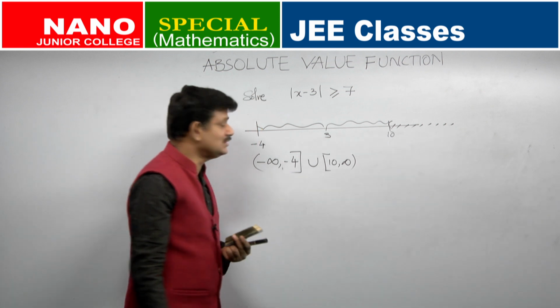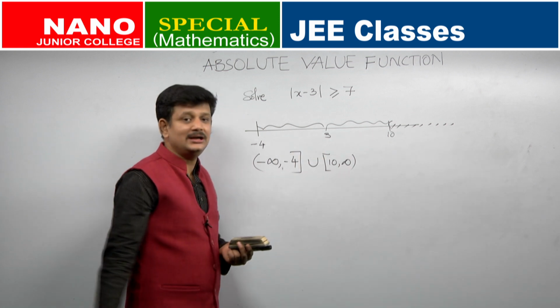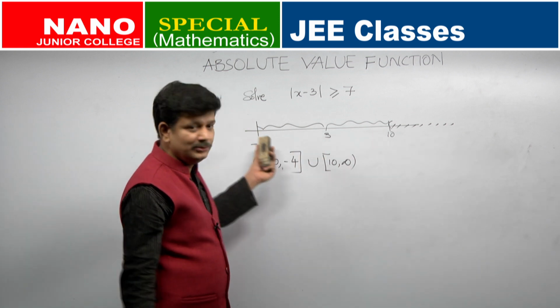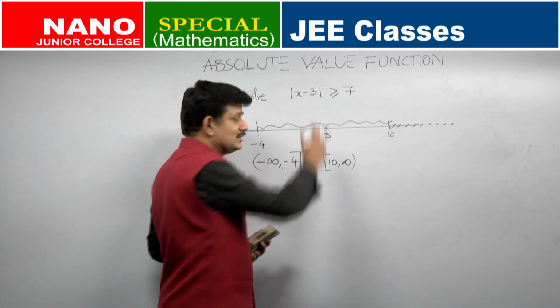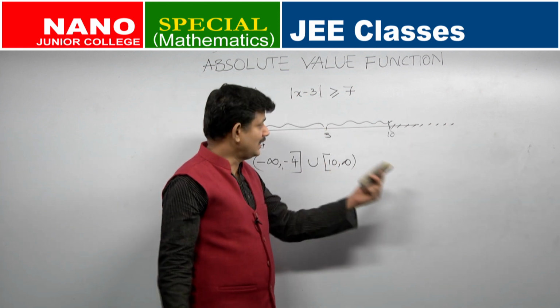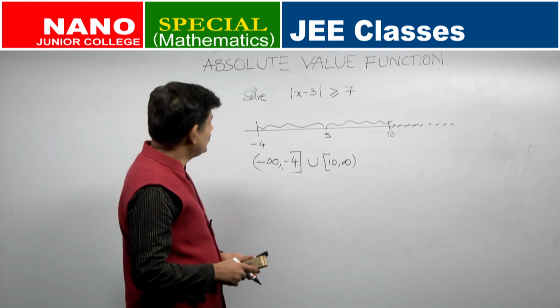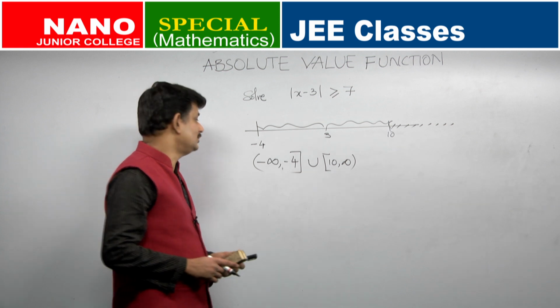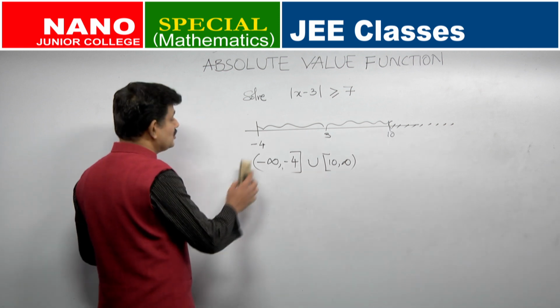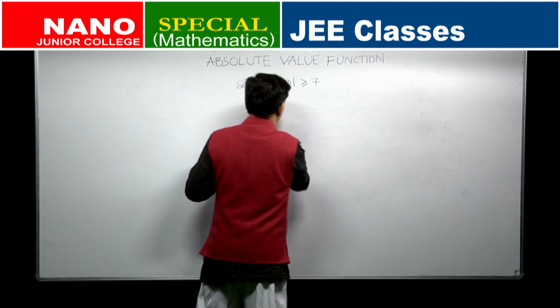How to do the same question analytically? Split the discussion into two cases, x greater than 3 and x less than 3. In the first case, mod x minus 3 is x minus 3, in the second it is 3 minus x. Right, solve the inequality, plot them on the number line and get the answer. Will you do it analytically also? Good, do it. And I will solve another question. This question I will do analytically for you.